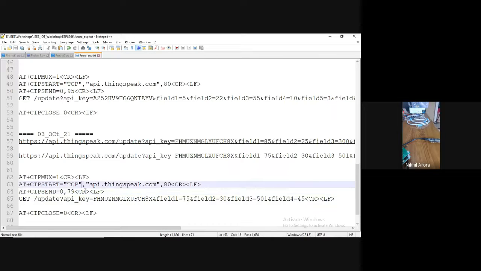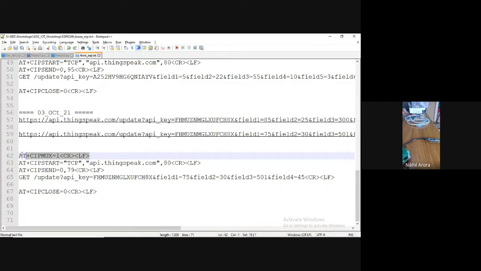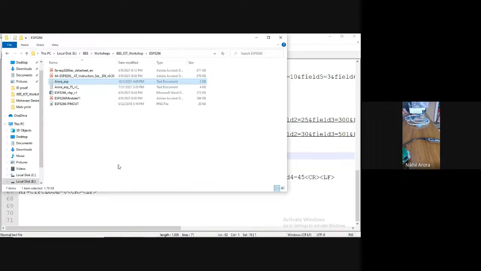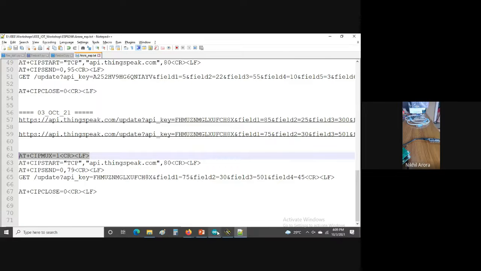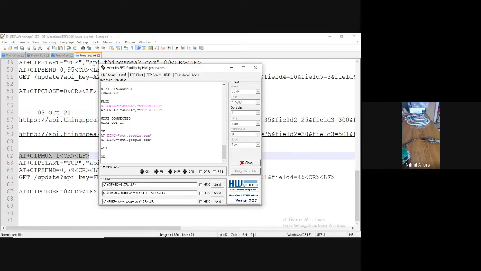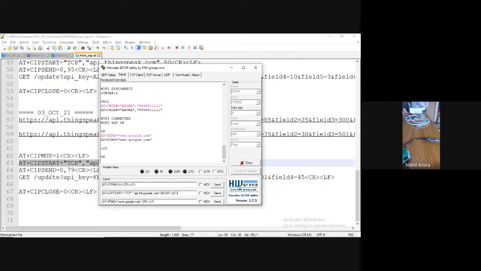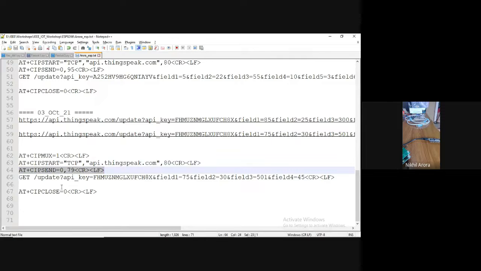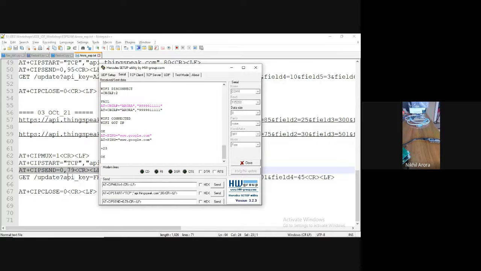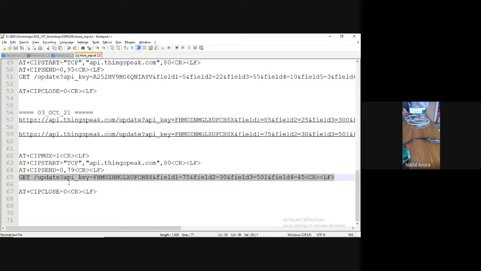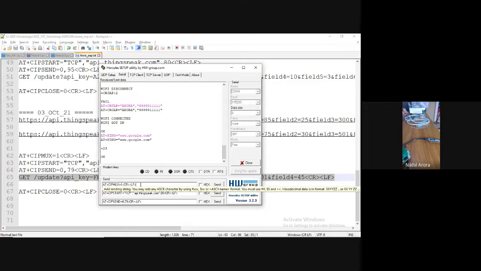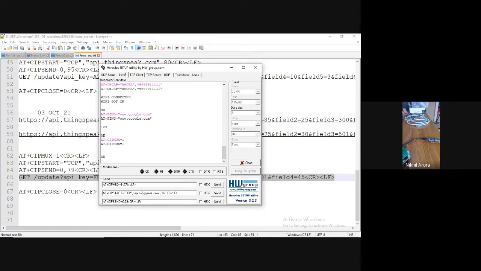So if I send these 4 commands, followed by CIPCLOSE, I should be able to send data to ThingSpeak. So Control C. Okay, where is that Hercules? Control V, Control C, Control V, Control C. Why am I doing it like this? Because I should send fast. If too much gap comes between, then there is a problem. So mux command, OK has come. CIPSTART, error has come. It's not connecting. It's not starting.